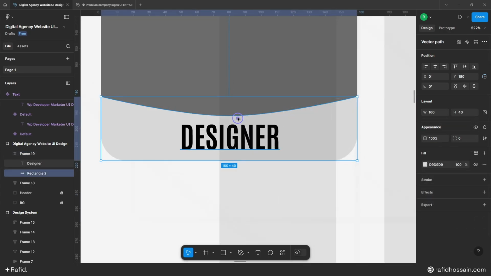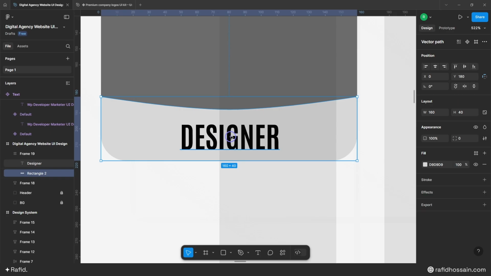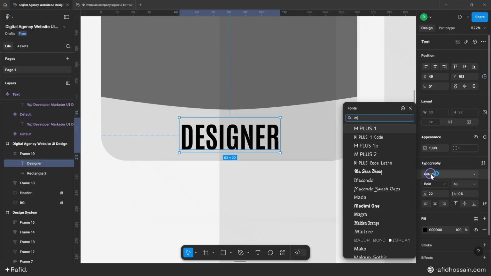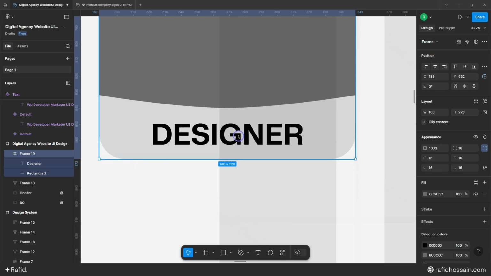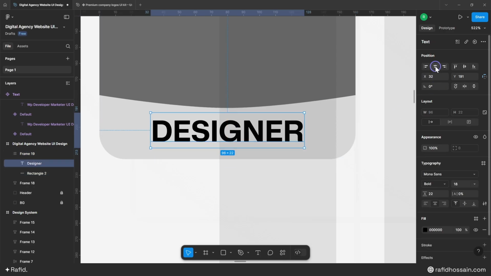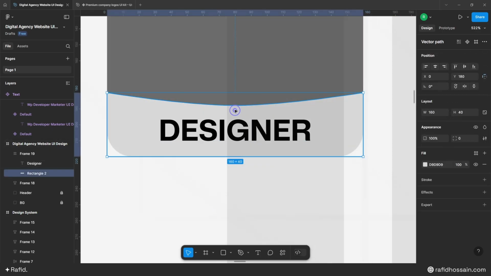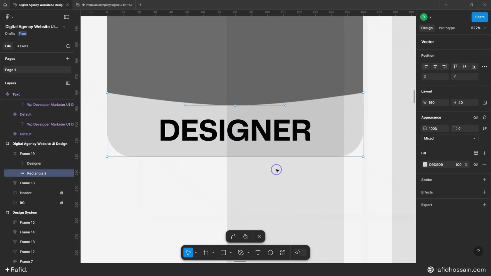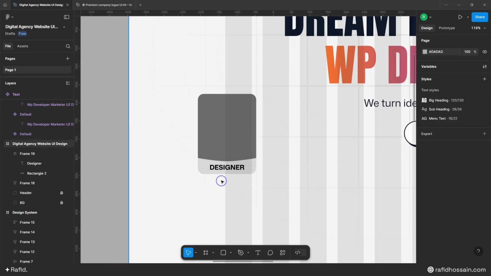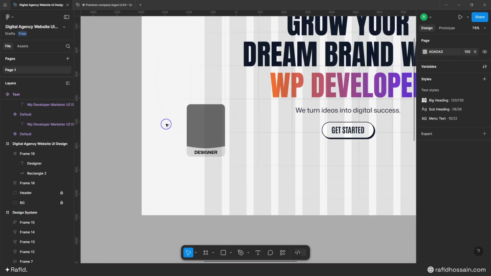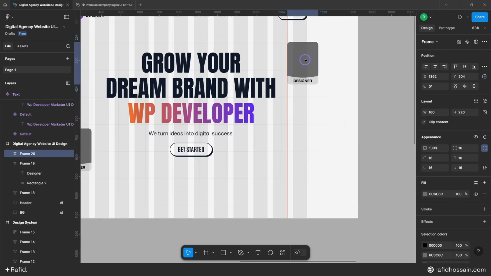Let me change this rectangle height like this, and I'll change this font to Montserrat, and this looks good. So select this text and make it center, and I'll add something like this. I think I can increase this like this. So our first image box is ready, so I duplicate this and I'll place it somewhere here for now,